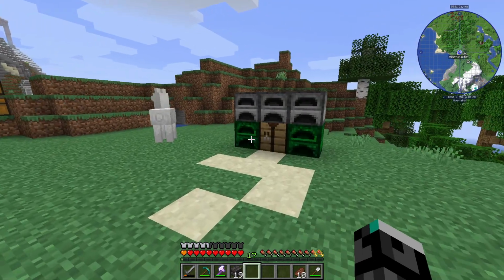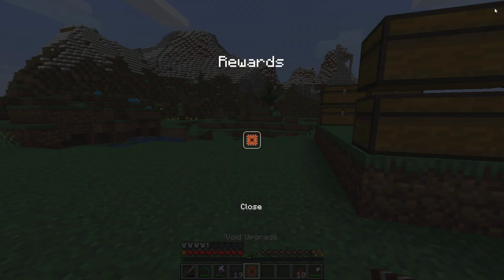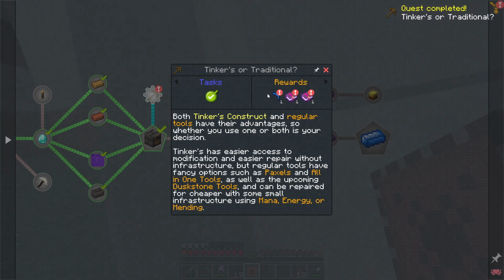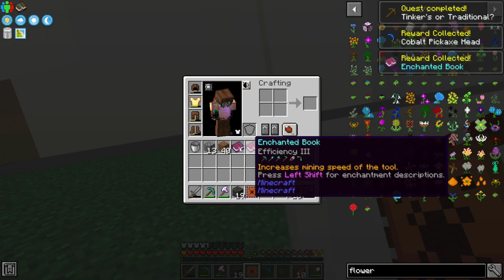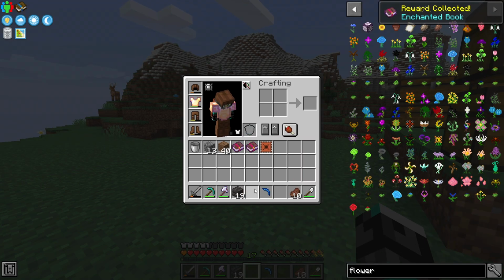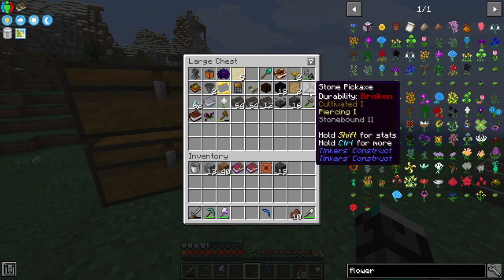Now the smelter is up and running. We have our furnaces set up right over here, and this brings me to this. Yes, because this is a pretty good thing that they give you. They tell you that you can actually use Tinker's tools, or you could just use regular tools. Both have their advantages, and it's basically collect and take a free book, efficiency 3, and unbreaking 2, and a cobalt pickaxe head. Now the cobalt pickaxe head is actually pretty good, because I do believe I have, yes, this